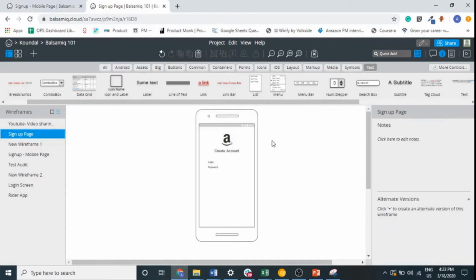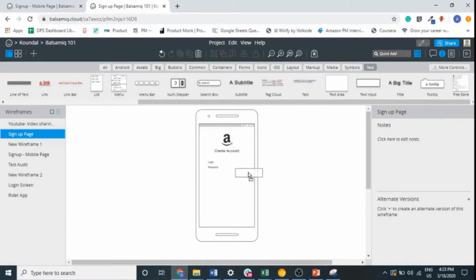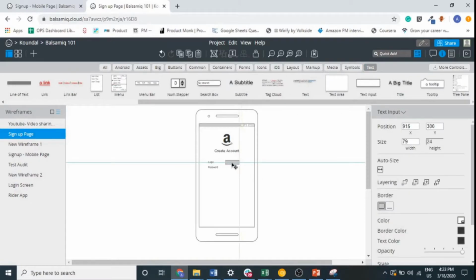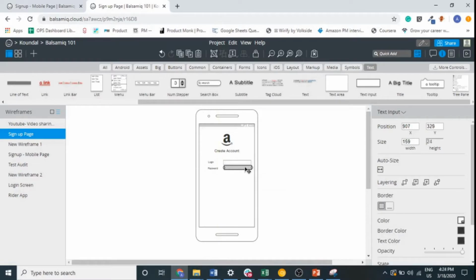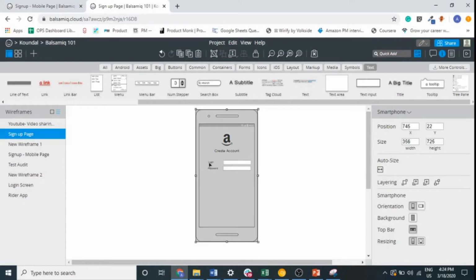Now I'll add some input elements. So I'll go there, I find some input elements, and I'll drag and drop here. Okay, this is it. I can redrag it, or the other thing I can do is assign the size from here also. Now I have mentioned that the user can enter the email